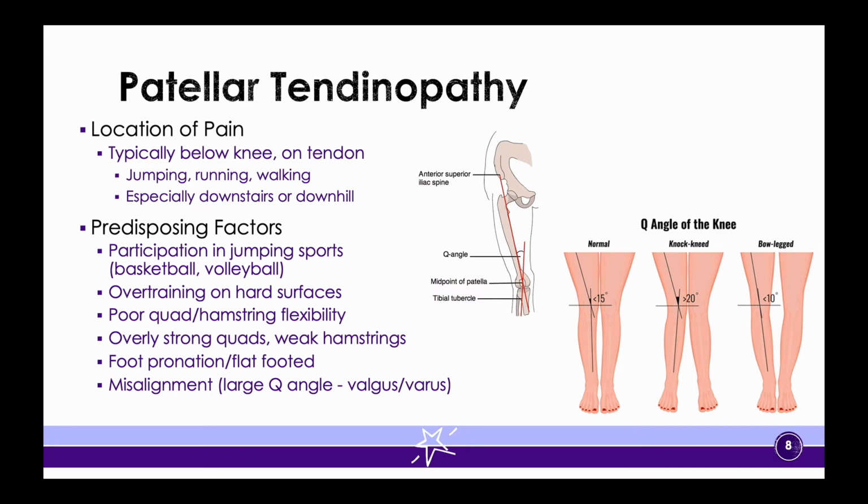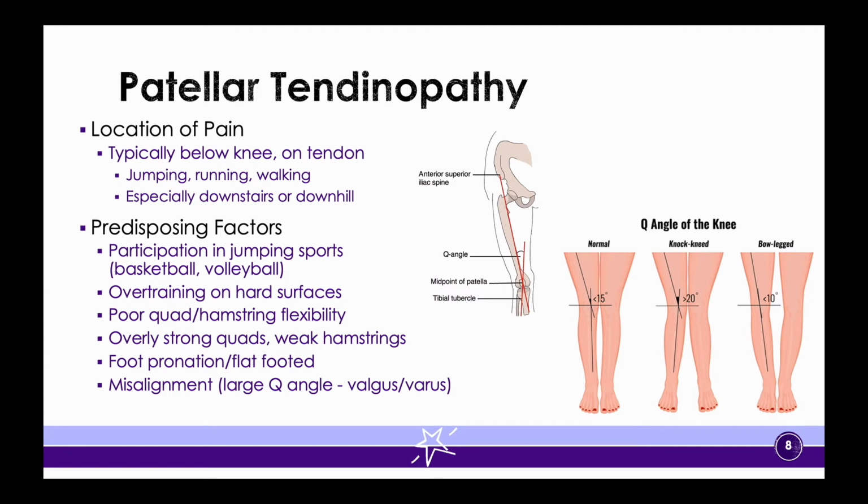angle. If it's accentuated and larger in the area, so going up to 20 or so, this is what we call a valgus position. So remember, that means that it's like the discontinuity is coming from the lateral side. And so you are seeing basically a knock-kneed individual in that case. So when we have a valgus positioning, that's also called knock-kneed, and that's when our Q angle is accentuated and